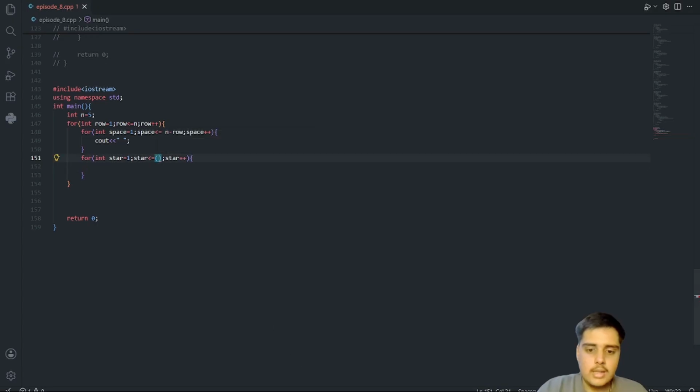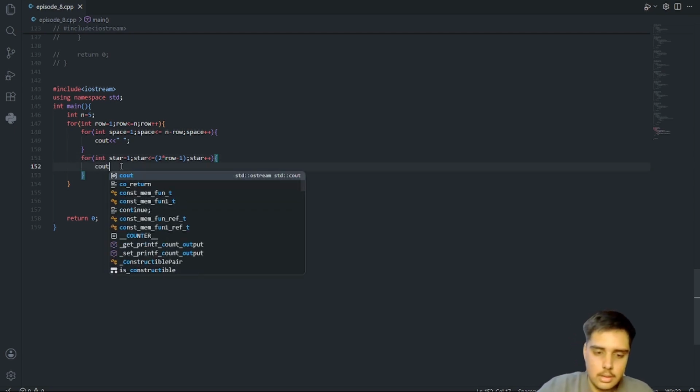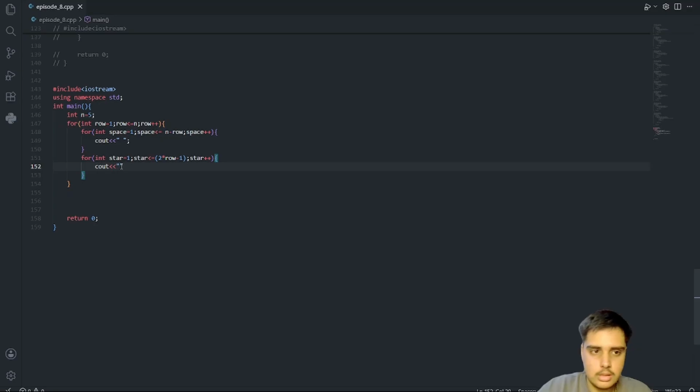So inside this bracket, let me tell you this, we will say 2 multiplied by row minus 1. If you can understand this, 2 multiplied by row minus 1, and whenever this happens we will simply cout star here.